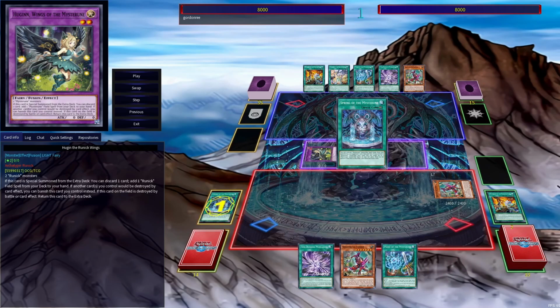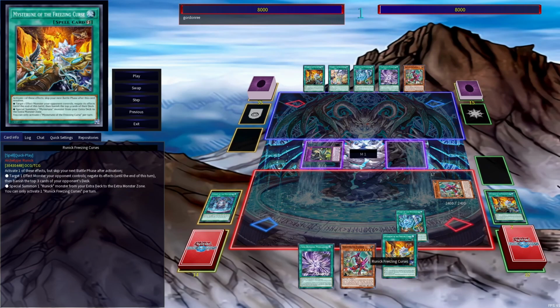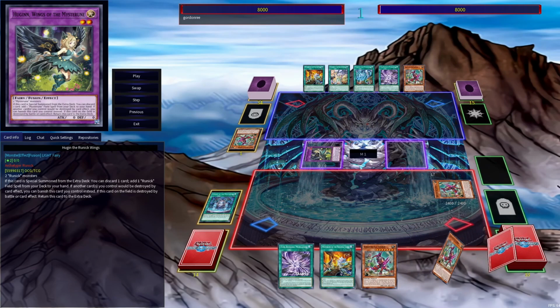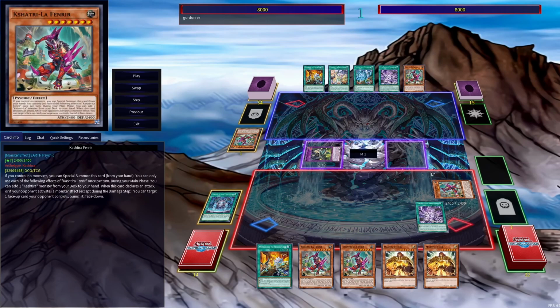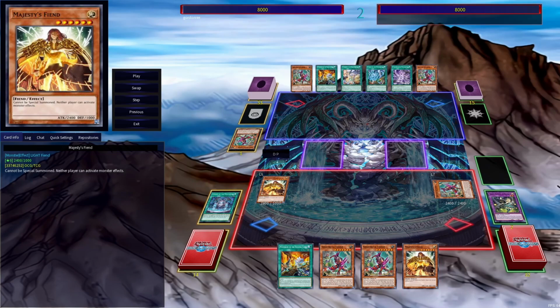I will activate the field spell, then use Tip to search a Runick card, in this case Freezing Curses, then use the field spell's effect to recycle 3 into the deck and draw 3. Then here I can activate Morganite, and I'll tribute summon Majesty's Fiend. So this is a pretty standard Runick board, and let's just say the next turn plays through, but then